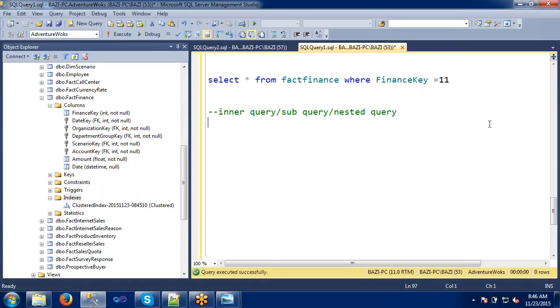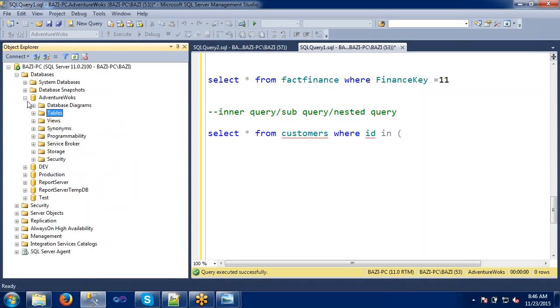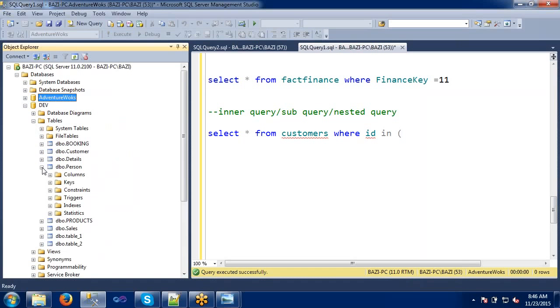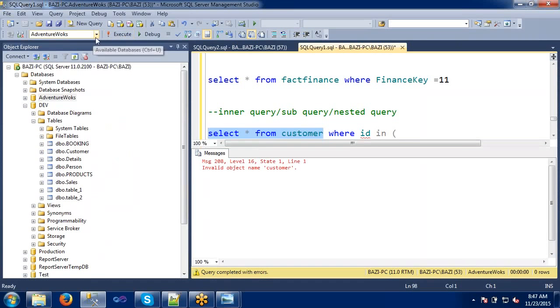Select star from customers where ID in, and we have the customer table here.